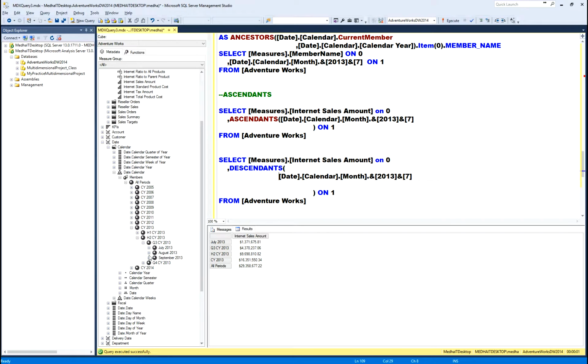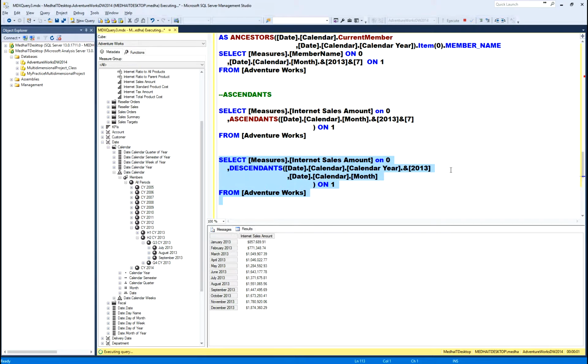So, I will say that starting from calendar year, I want to see the descendants till the month level. Okay. So, it shows the descendants at the month level,